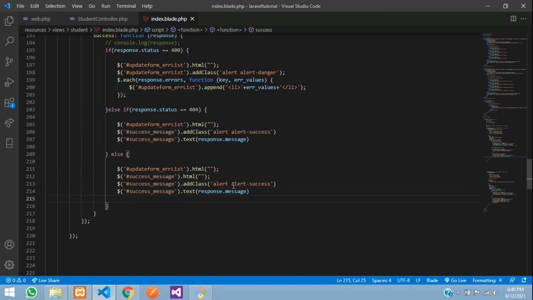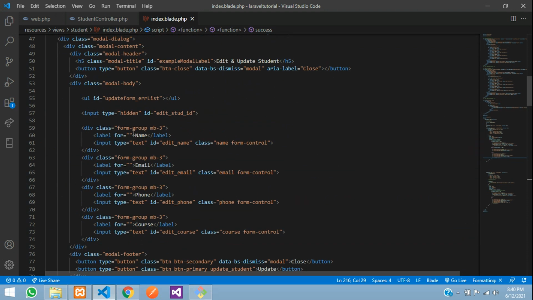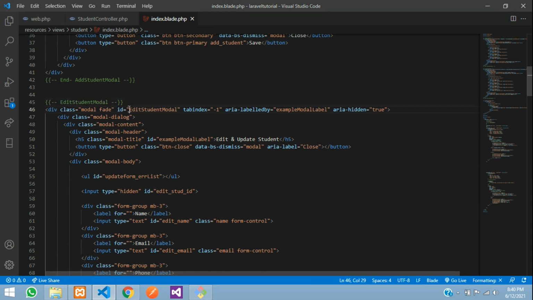So what next? After this I want to close the form, so the $.model function where I want to hide the model. So hash the edit model. Let us copy the model ID. So this is my edit model, this is the ID.